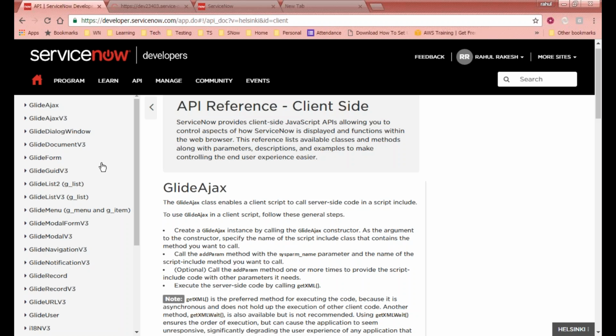So after we do this client side, we'll move to the server side development. We'll see some server side components. We'll try to build